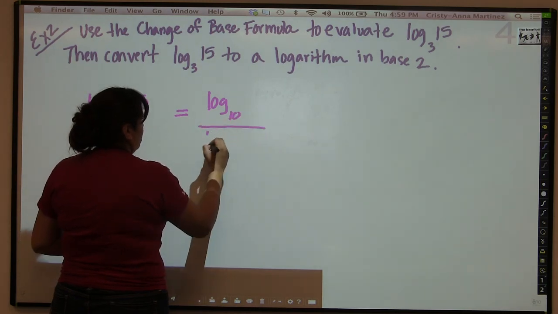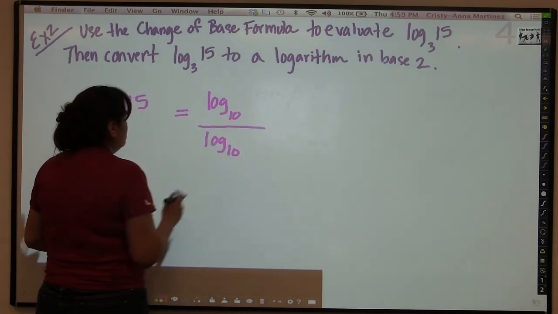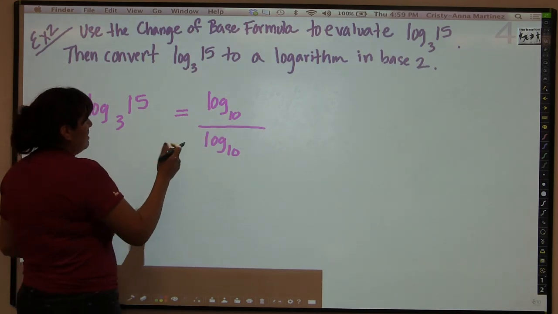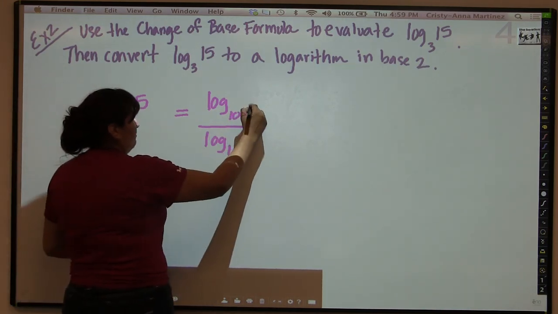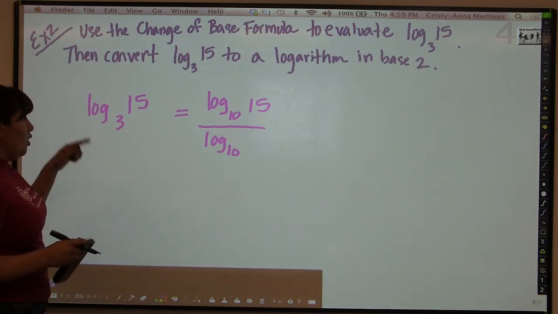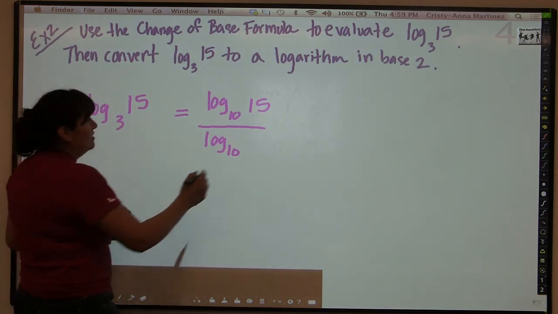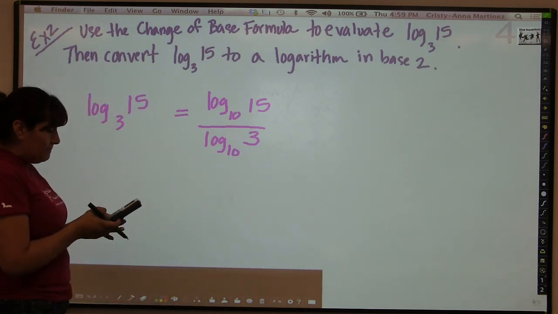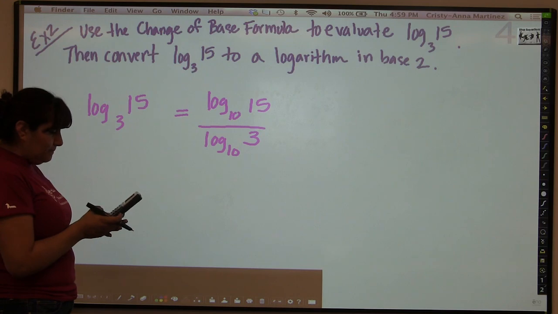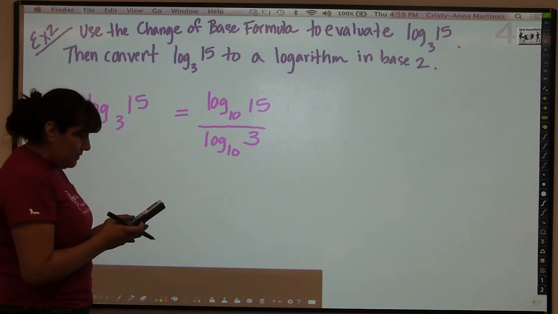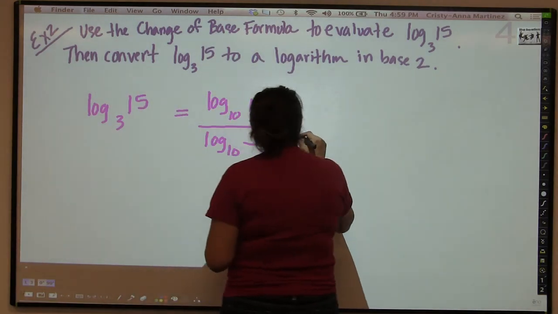And the two logs are going to have the new base. So no more base 3, but now they're both base 10. And the top is pretty much the same as the original problem. It's still 15. And the bottom is the log of the old base. So the old base was 3, so I put that in there. So now when I go to my calculator and I hit log base 15 and divide it by log of 3, I get approximately